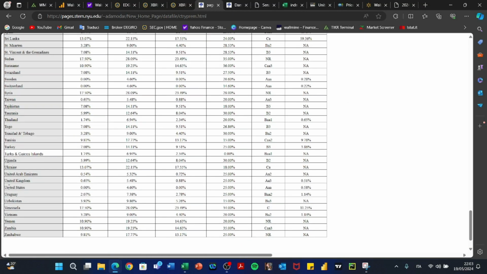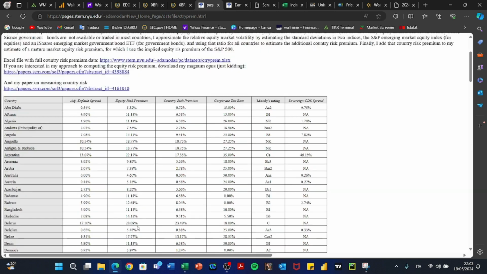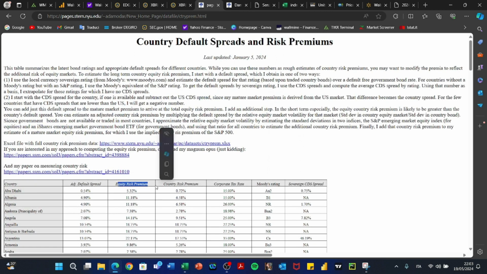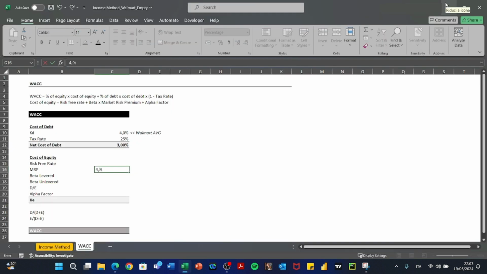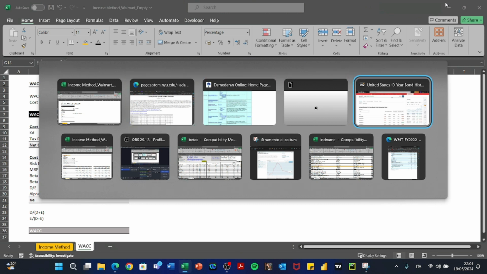So about the US, we have a market risk premium of 4.6. Okay, so 4.6. Damodaran gives the US an A rating country. Okay. About the risk free, I'm going to use